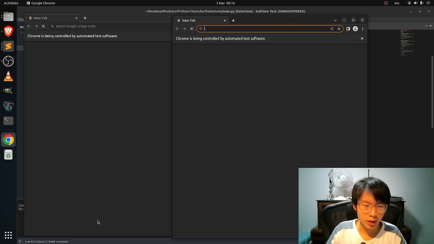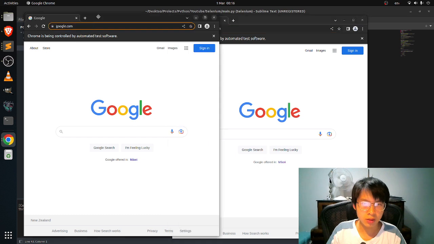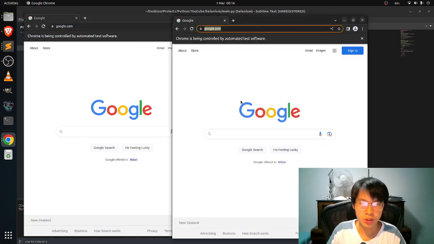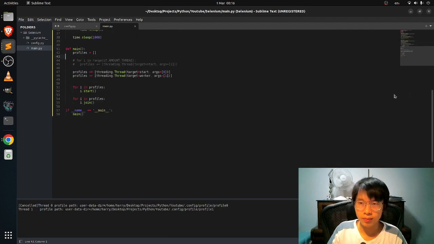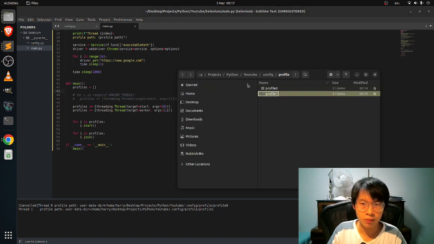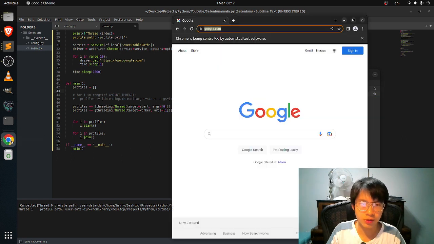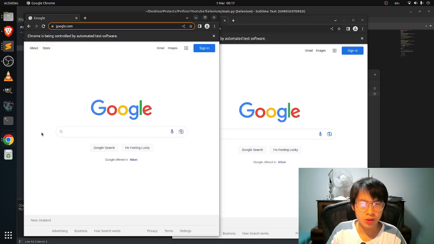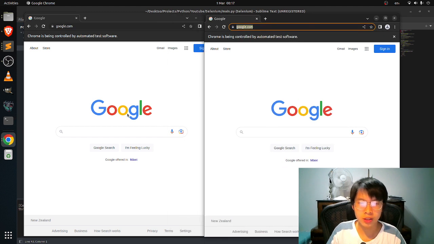when you run this again, this is the start function, it will stay like this, but this one will keep searching for google.com. So this is a simple thing that you can do to automate multiple Chrome browsers. So in the next video I will teach you guys how to customize the resolution, so